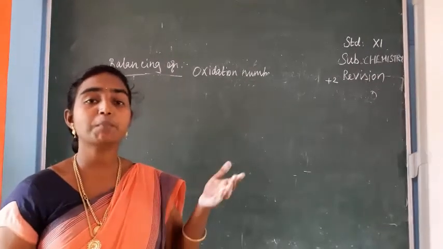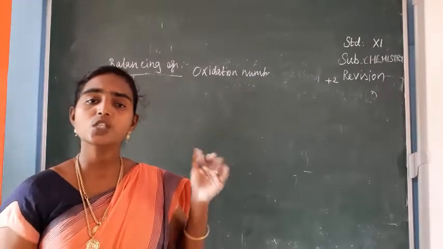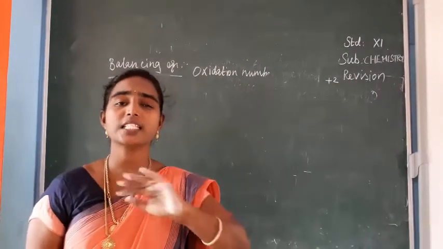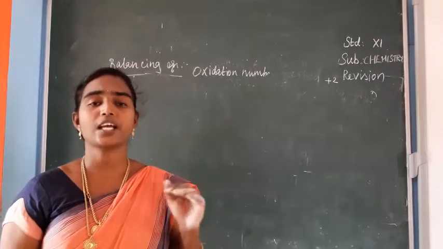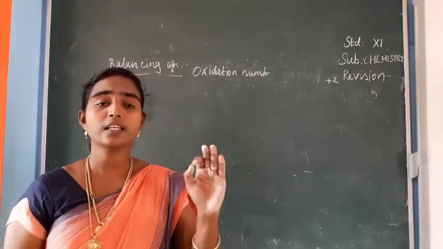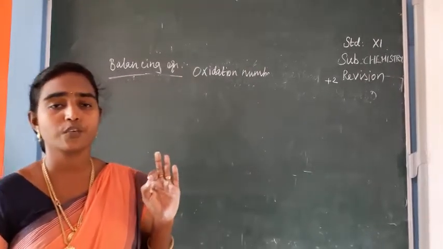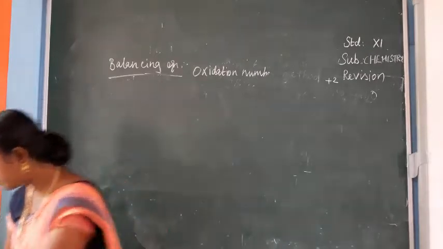Next we have seen balancing the equation using the oxidation number method. So next we can see how to balance the equation using the ion electron method. So in this question, if the balancing is asked in ionic form, they used to give the equation, okay. So I'll write the question there.